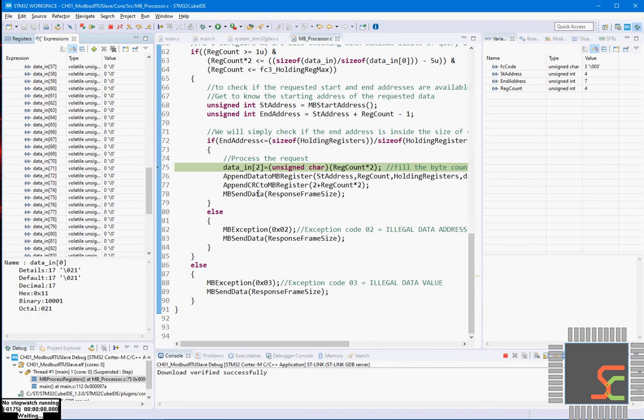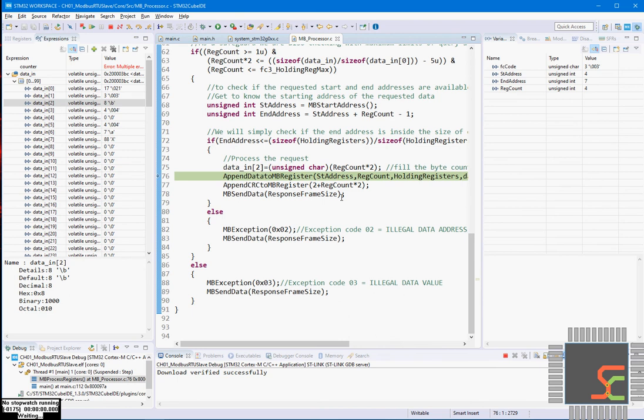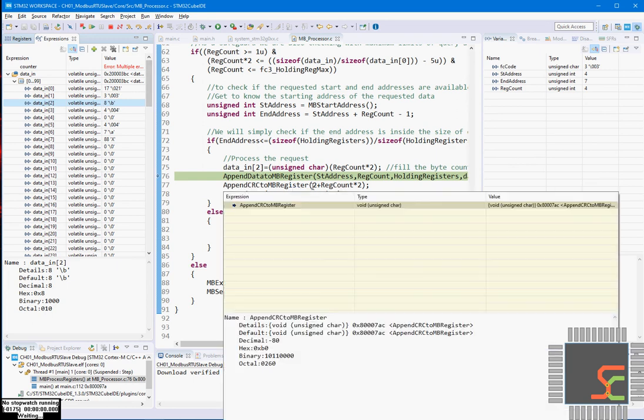So for the processing of the data, what it sends back is the slave ID and the function code. In the third data byte, it sends the number of bytes the slave is sending to the master. We can see that in data in index 2, the value is 8, meaning the slave is sending 8 bytes.